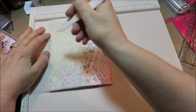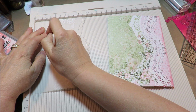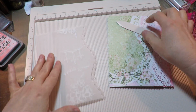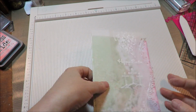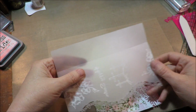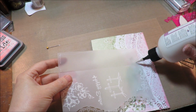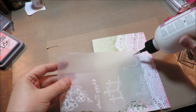Yes, okay. So right here, that's the place where I want to emboss, trying not to tear it as I go down. It's probably better if you use one of the small balls, because this tears very easily. Okay, and I even have a little tear there, but I'm not going to worry about it. And now, all that's left to do for the mechanical parts here is to get some glue onto the vellum. You don't have to be perfect with this. I might put a little drop right there just so it's...